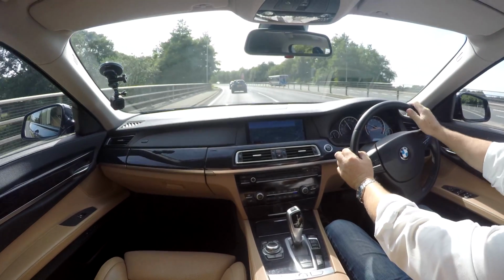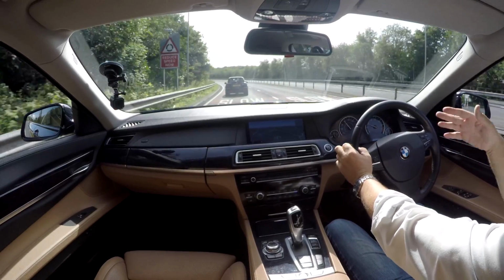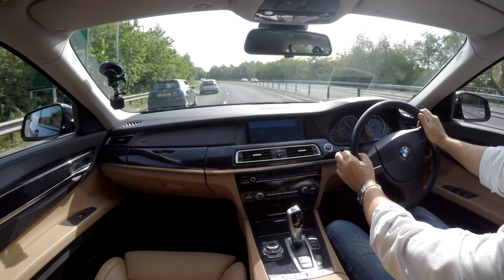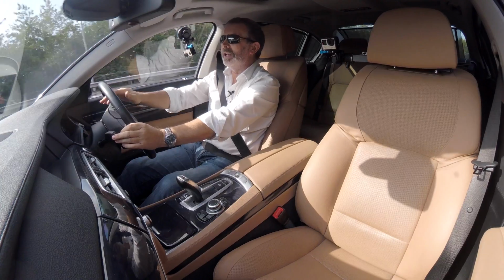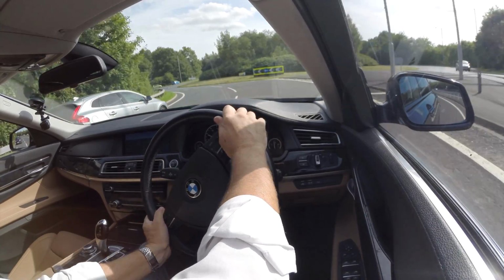See, that really winds me up. Rather than just go behind you, they go in the other lane, accelerate, and then they go into a space that's not there. Now I can tell you now, that lane departure warning, I know what's happening. I can certainly feel it there, and it probably